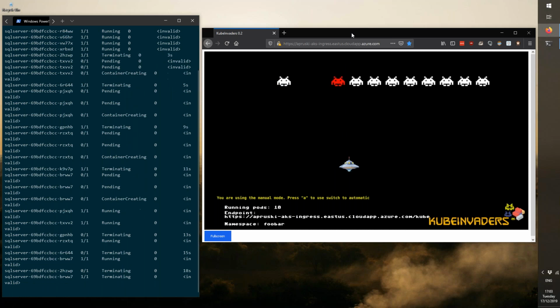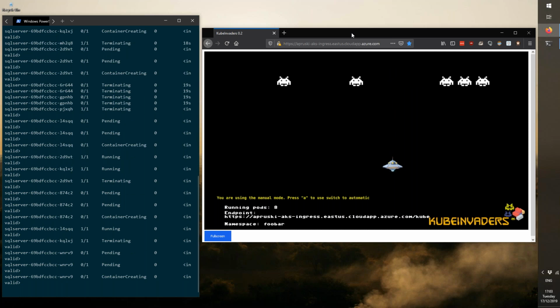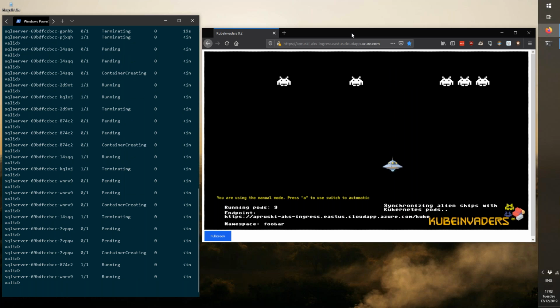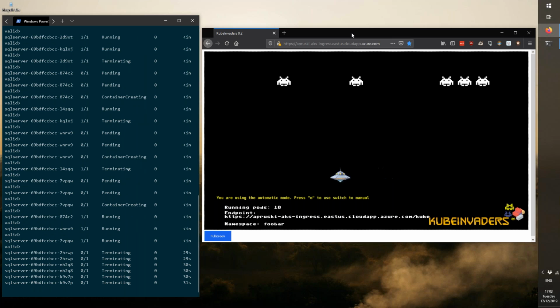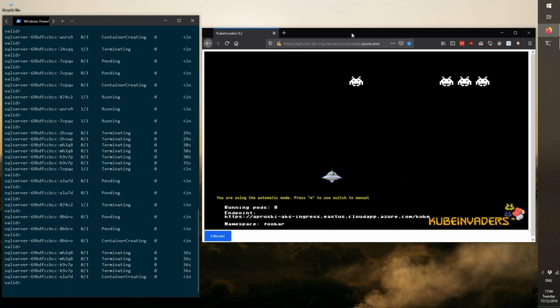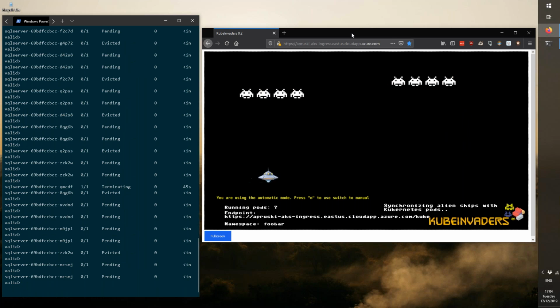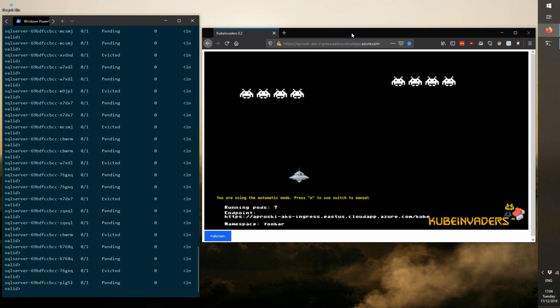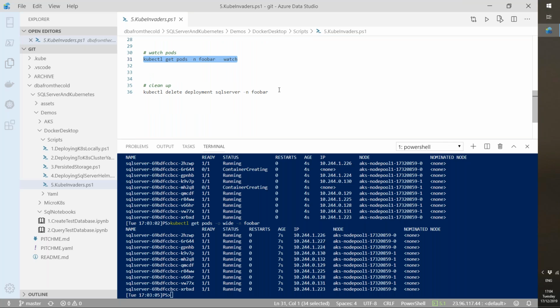So I can continue going ahead and deleting these pods, watching Kubernetes redeploy them because the running state no longer matches the desired state. And then I can switch it into automatic mode and let it play itself. We see those pods coming down, and hopefully we'll see it resync. There we go, and it's brought our 10 pods back. So we can let that run and see if Kubernetes can handle it, deleting our pods over and over. But I'm going to call that there and then just cancel that, come back, and then let's delete that.